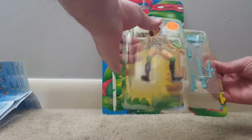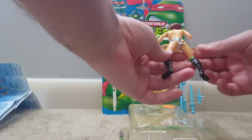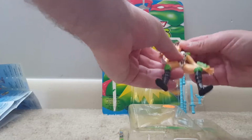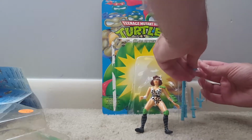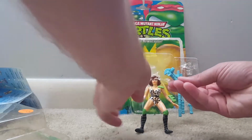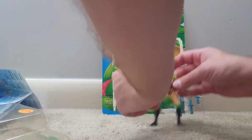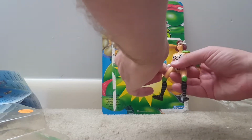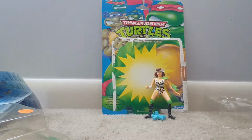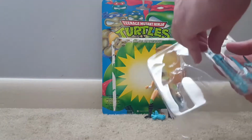But right now, we are talking about April, the Ninja Newscaster. She's not just any newscaster. Obviously, ninjas wear some kind of Tarzan-looking outfits. So here's her samurai-style camera, because, you know, the samurais had cameras, so there's that. Having a little bit of trouble here with that stuff, but while I'm getting these accessories out,